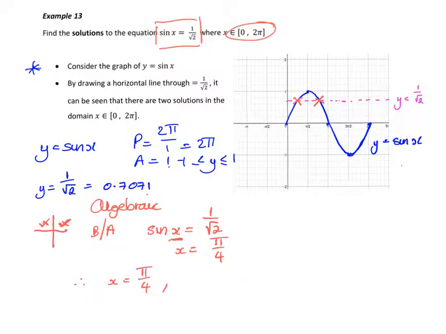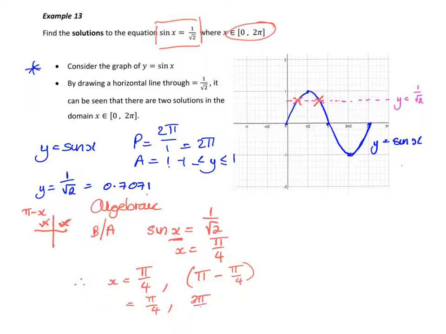Now, in the second quadrant, do you remember what the actual relationship was? Pi minus x. So remember, my x is pi on 4. So here it's going to be pi minus pi on 4,